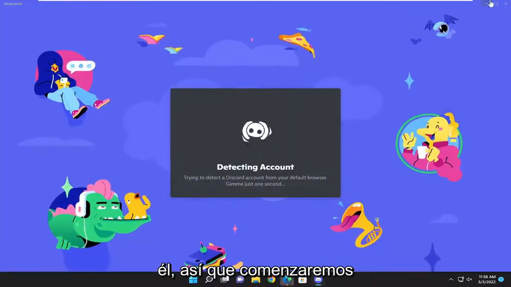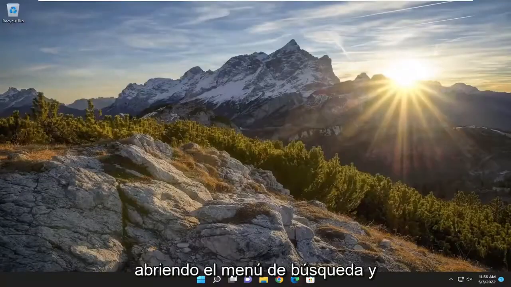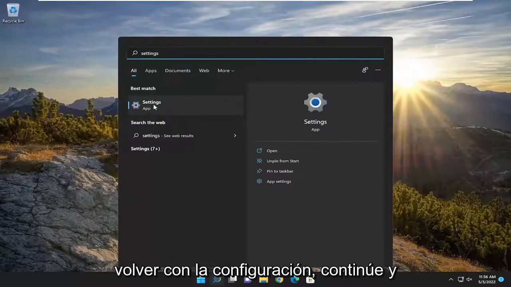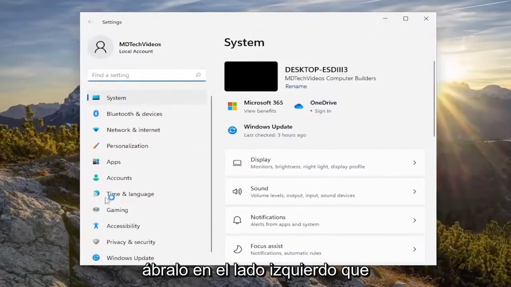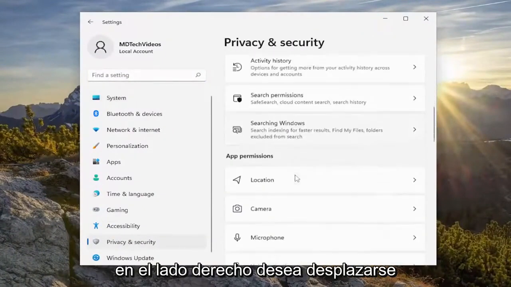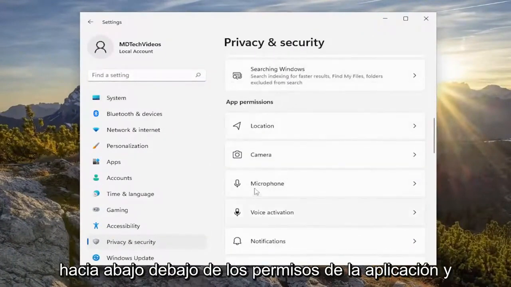straight into it. So we are going to start off by opening up the search menu, and you want to type in settings. Best result should come back with settings. Go ahead and open that up. On the left side, you want to select privacy and security. And then on the right side, you want to scroll down underneath app permissions and you want to select the